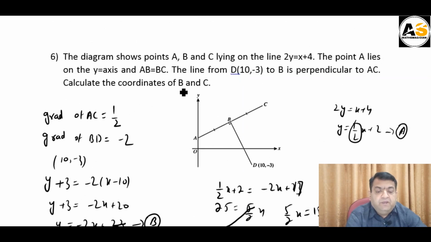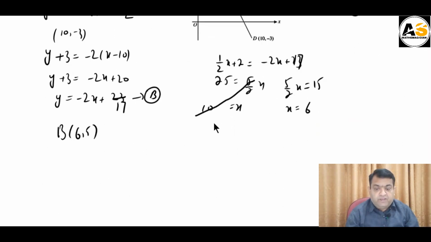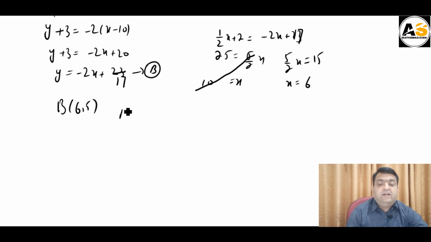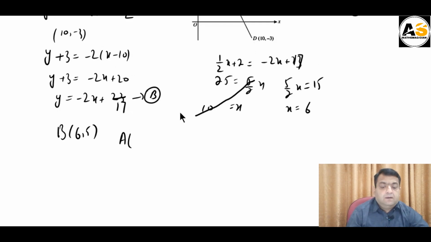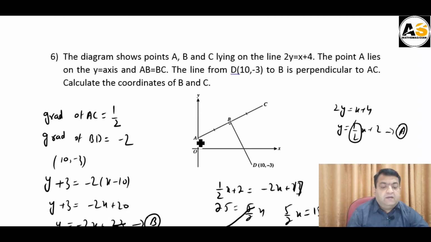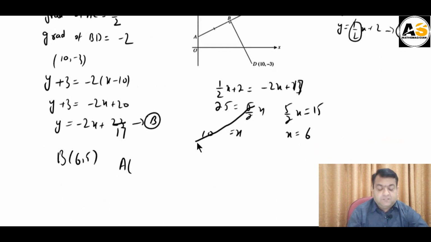Calculating coordinates of B. Now, coordinates of C we need to calculate. It is given that AB distance is equal to BC distance. Let the coordinates of C be... Coordinates of A can be calculated. This is the equation of this line. By putting x is equal to 0 over here, we will get y is 2. So coordinates of A are 0, 2,